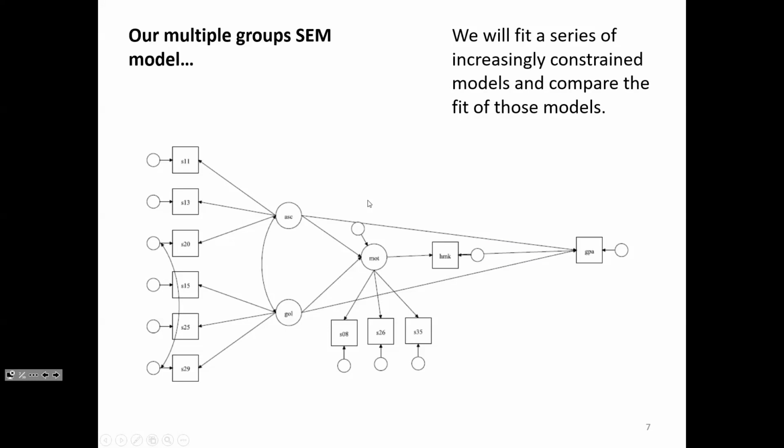Okay, so this is our hybrid model. Again, we're going to assume for now, because we did do this last week, that we started with a measurement model and we checked for measurement invariance. You might not remember what we found last week, but if memory serves correctly, we got to partial scalar invariance. There was maybe one variable that we allowed to vary across the two groups.